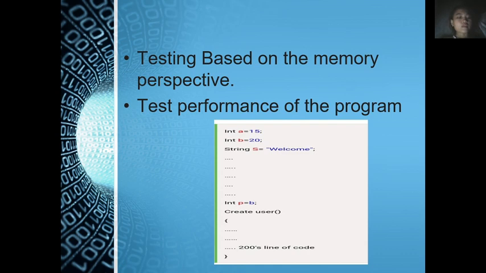Instead of using a variable, the developer used another variable that was never declared above. As a result, the system pops up a message that the variable p was not declared in the system. Kasi dito sa baba, makikita natin, imbes na int a is equals to b, ginawa niyang int p